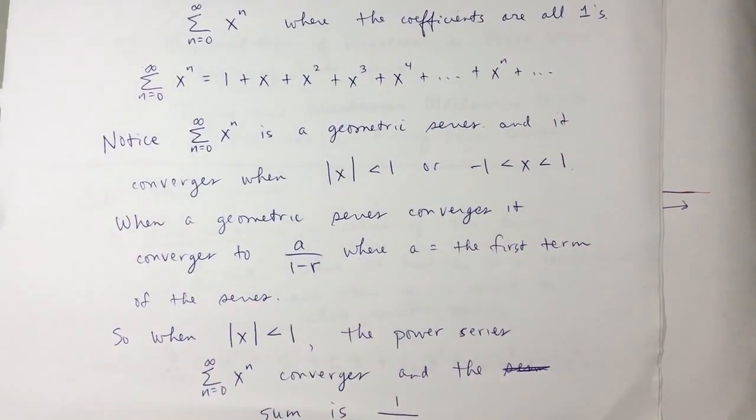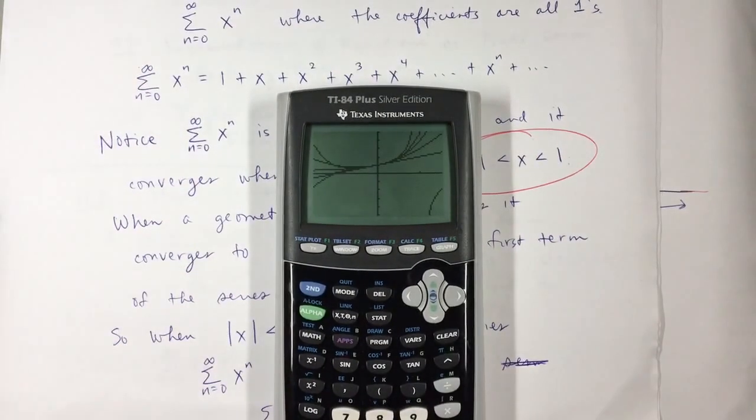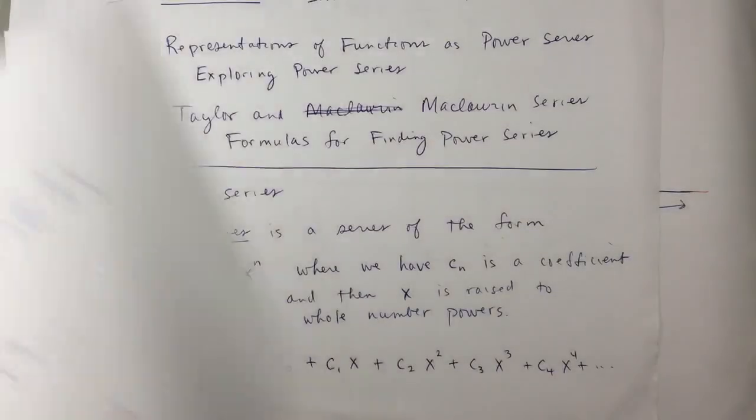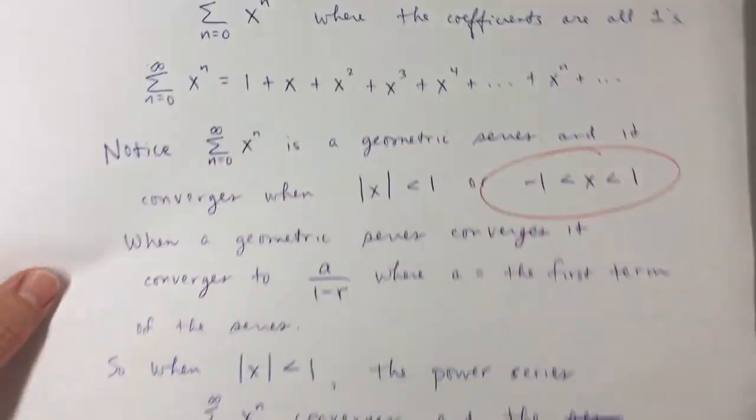It's only good in that region, for those values of x. Outside of that, it's kind of nonsense. So power series is taking a function and looking to see if we can represent